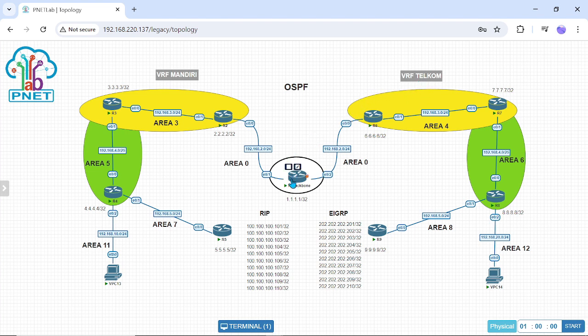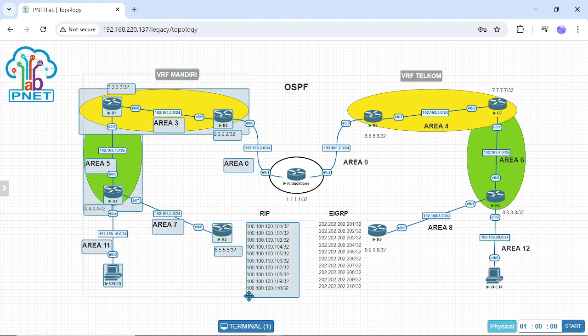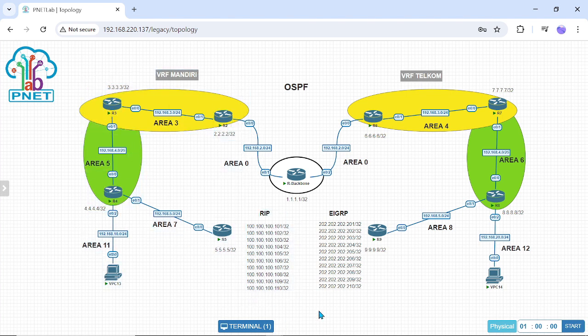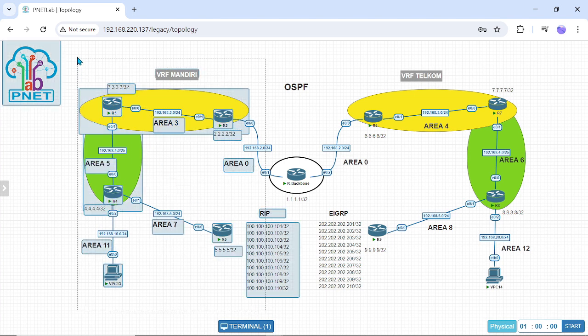I have a reason why I use them. On this left side, I manage all of these topologies.